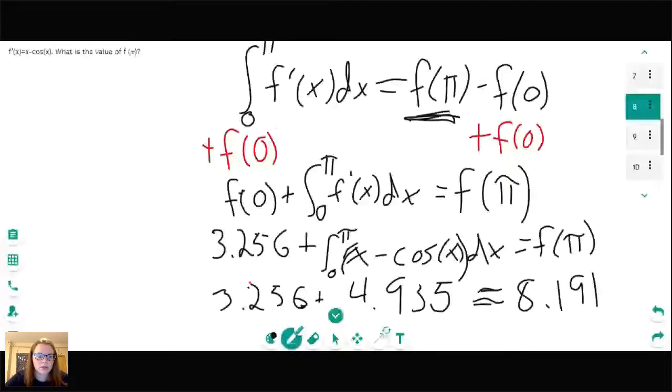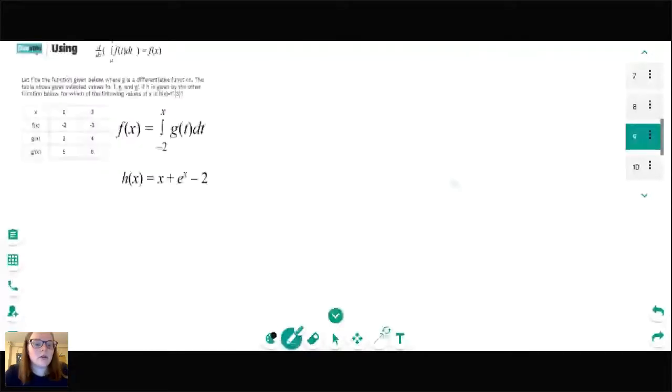Okay, good. Okay, let's go see our next problem. All right, now we're getting into using the other part a little bit more. This has 3 different functions it's going to have us look at, so we need to make sure we're keeping all those straight. So we've got f, the function given below, which is the integral from -2 to x of